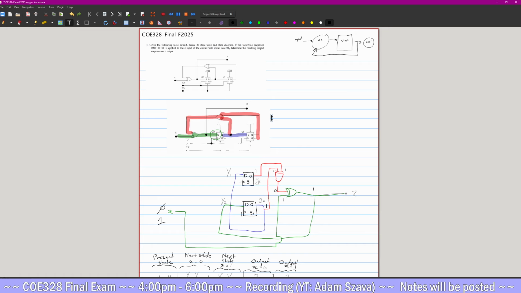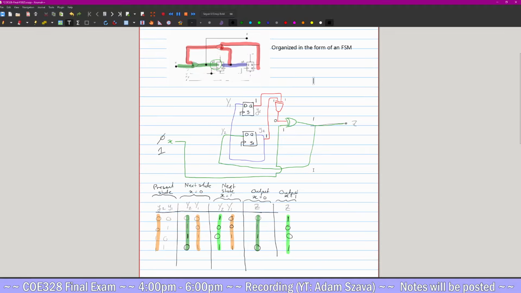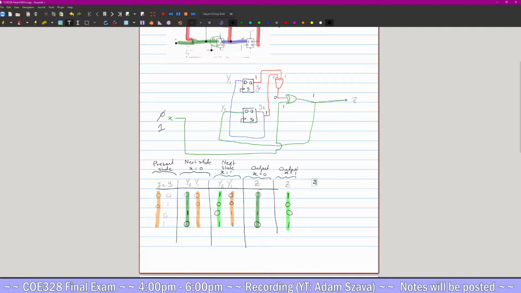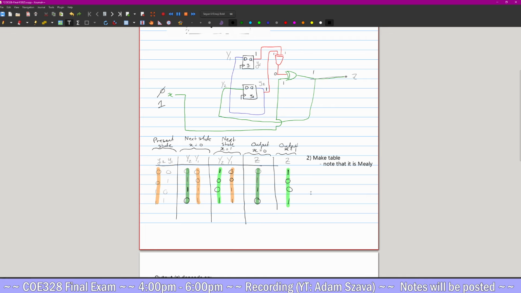First thing, I organized it in the form of an FSM, because that's what it is. Then I made my table. These are always the same headers. Note that it is Mealy. Making the table has a lot of subparts: 2A is noting that it's Mealy, and 2B is to try all present state